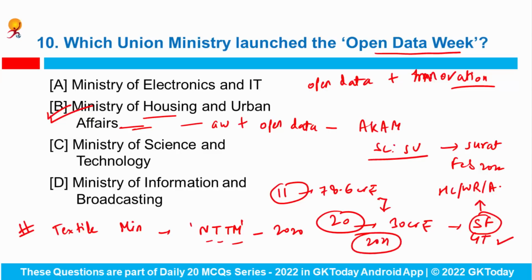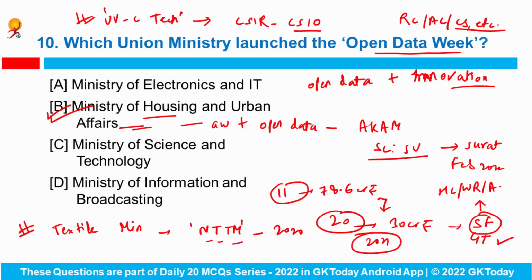Also, the UVC technology was developed by the Ministry of Science and Technology through CSIR, Central Scientific Instruments Organization. And the system is found to be totally effective for mitigation of airborne transmission of the COVID-19 virus, and the disinfection technology is installed to combat the COVID-19 pandemic in railway coaches, AC buses, closed spaces, etc. So now it is open for general rollout for use by the common public.